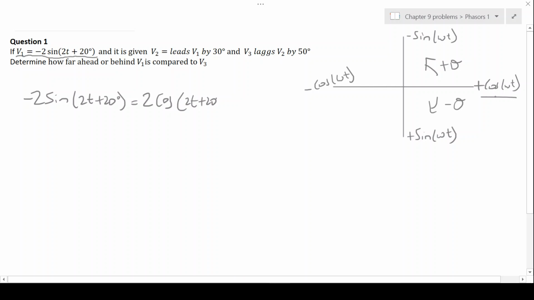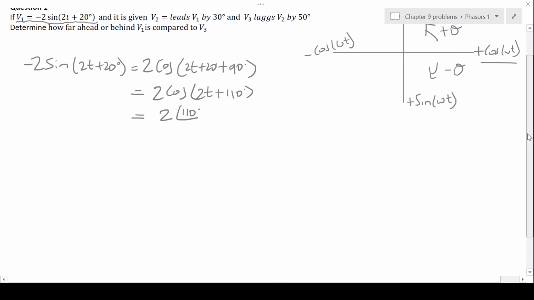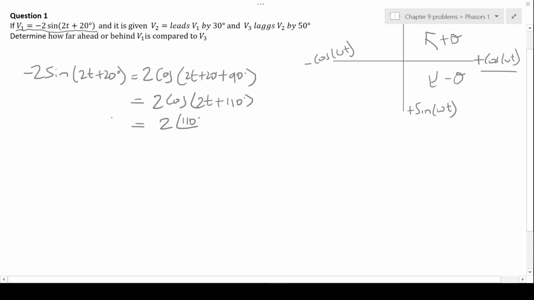So we want to get a cos representation of a negative sine, meaning we're adding 90 degrees, which then gives us 2 cos of 2t, 90 plus 20 would be 110 degrees, which then in polar form gives us 2 angle 110. Okay, so now we've got the reference voltage V1,